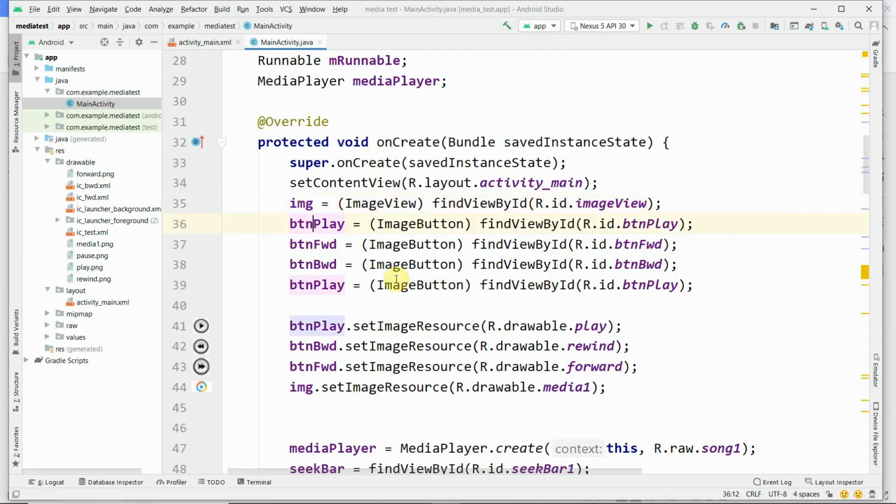And R.id.button_play you are mapping to the btn_play object. Okay, and R.id.btn_forward you are mapping to the btn_forward object, and the btn_backward object is mapped to the btn_backward interface. The btn_play interface is mapped to the btn_play object.